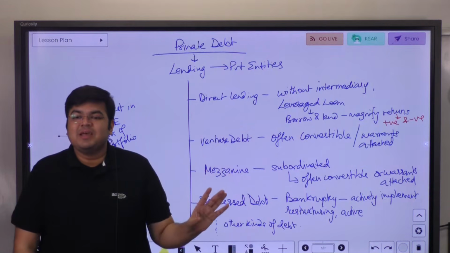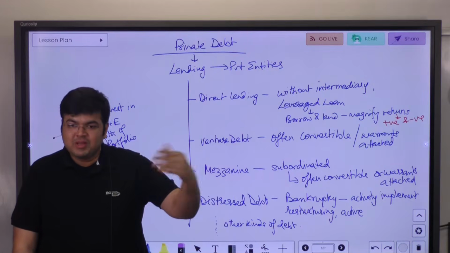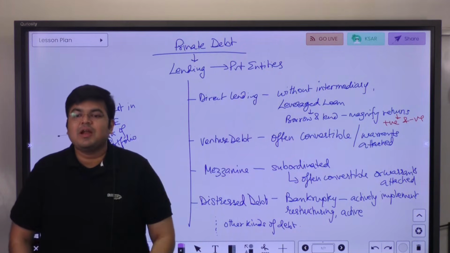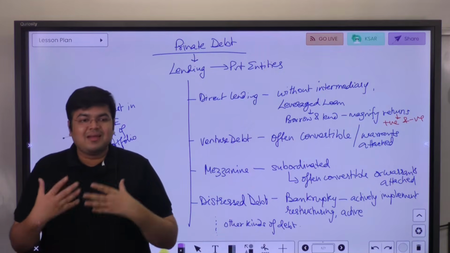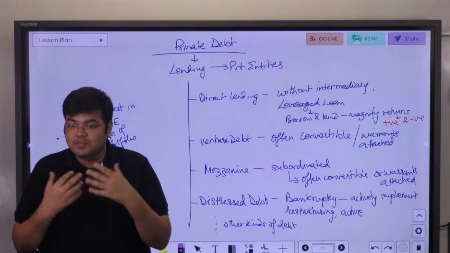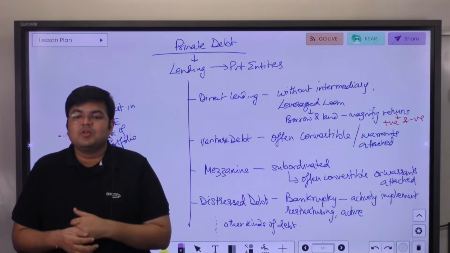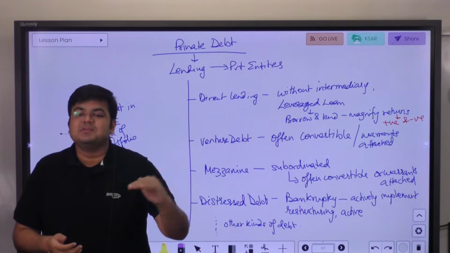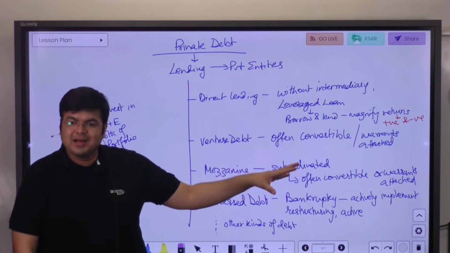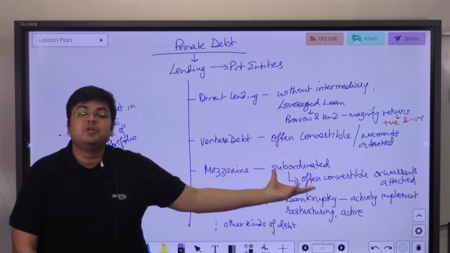So warrants basically give the right to the investor: you give me this much money and you have the right to buy shares. So you get that access to shares. You get that opportunity that you'll be able to purchase shares at an X price. So warrants is something covered in detail in fixed income. Think of it like a convertible kind of security, a security that gives you the option to buy equity shares